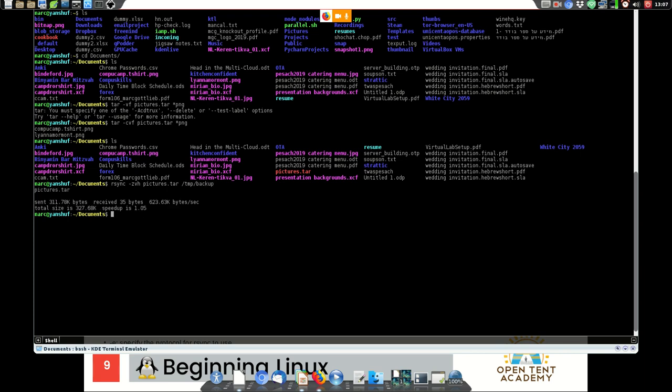Let's see what happens. There you go. It says pictures.tar was sent, 311. It's just a couple of files. We received 35 bytes as kind of an acknowledgement. The speed is 600 kbps, which is the internal bus. The speedup is 1.05, so by compressing it, we gave it a 5% boost.